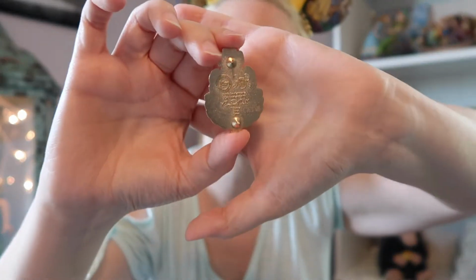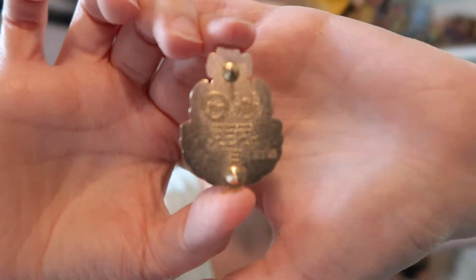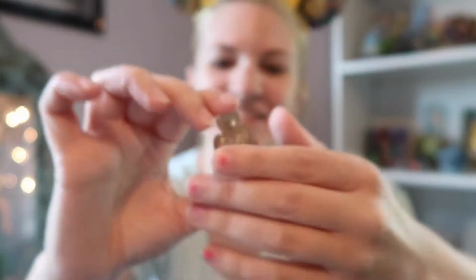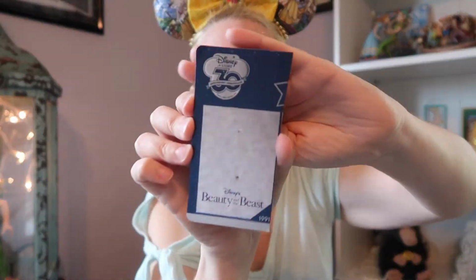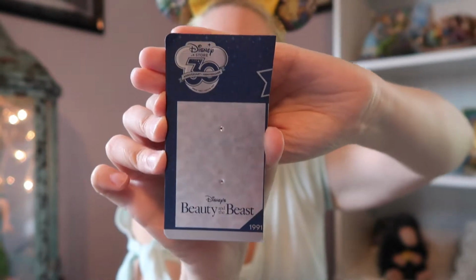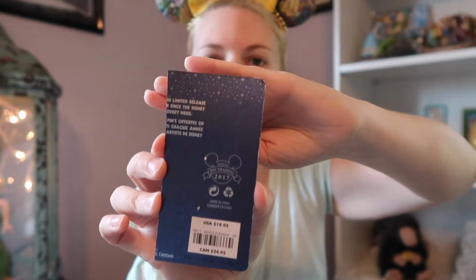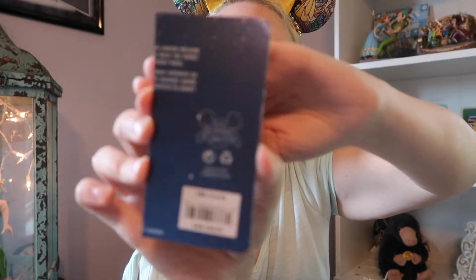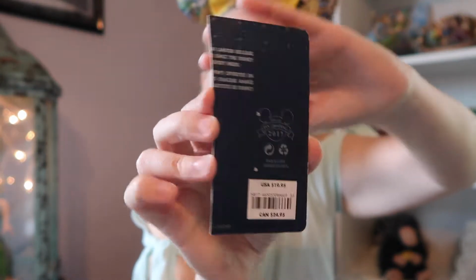Here's the back. I think she's pretty happy with that, and I made a card for her too, but I wasn't as happy with how that picture came out, so I'm not going to show you that one. And here, I couldn't believe, I thought maybe she'd just send me the pin and be done with it, but she actually cut off his piece of the board, so I was excited that we got his piece,